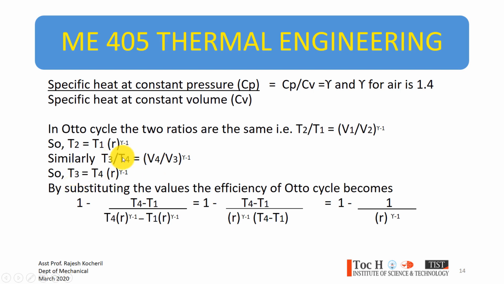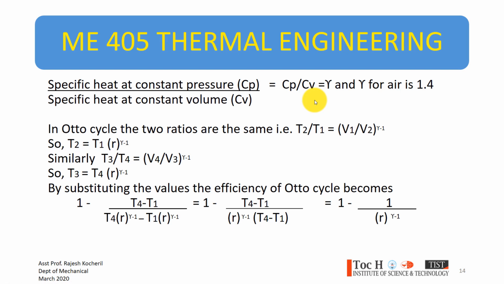So, T3 is equal to T4 into r raised to gamma minus 1, because V4 by V3 is the same as V1 by V2. As we already discussed, the volume is the same at this point. Therefore, we can say that T3 is equal to T4 into r raised to gamma minus 1. Now, by substituting these values into the efficiency of Otto cycle, as the efficiency we have described in terms of